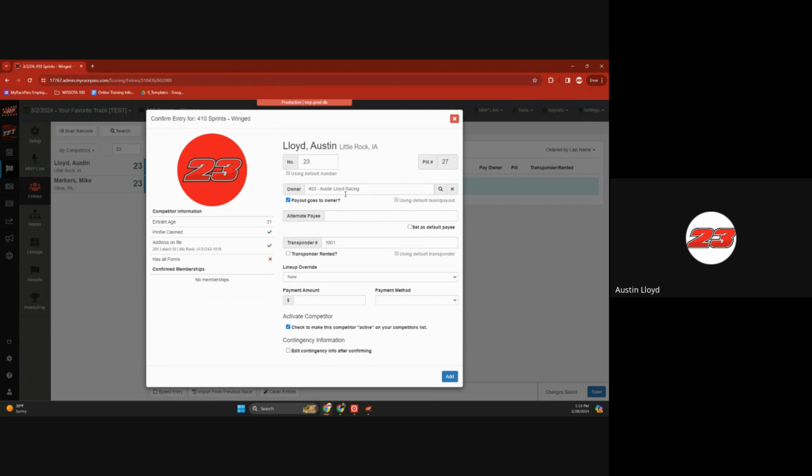Pill draw, car number, owner information. The 4th and final thing that we need to put somebody to an entry list is the transponder number. If you have a transponder system, if you're using transponders, type the transponder number in here. If you click in the box, it'll show you a list of all of the transponders that person has used